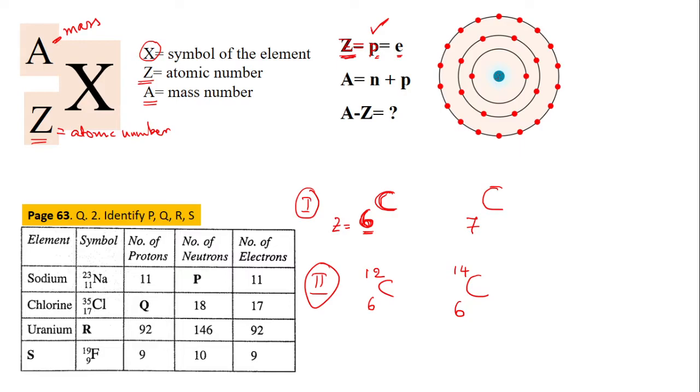Now, since we know atoms are electrically neutral, they do not have charge. Do atoms have charge? No, sir. They are electrically neutral. How are they electrically neutral? The number of positively charged protons in the nucleus is equal to the number of negatively charged electrons. Therefore it is neutral.